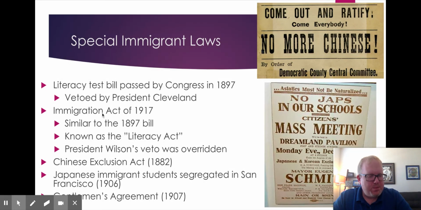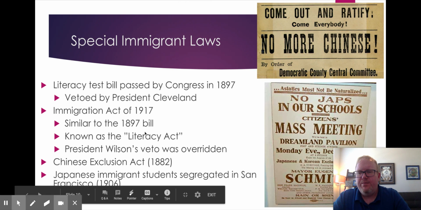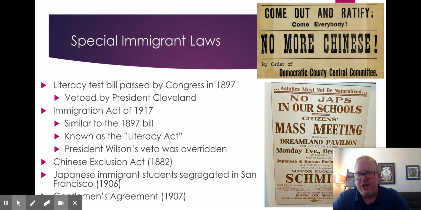Another thing that was passed was in 1917, and it was similar to that. It was known as the Literacy Act, and Congress passed it, and then President Wilson vetoed it. But this was the year that the United States entered World War I, and Congress overrode the veto, and it became law. Part of the reason it happened in 1917 was because that was when the United